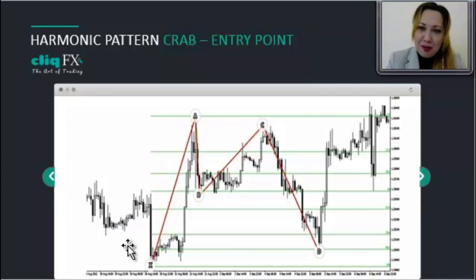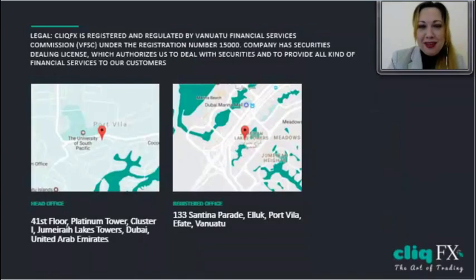Regarding take profits, you need to set up Fibonacci levels from point A to point D and plot your take profit on the level 0.618 upward from point D, of course, as you can see on this slide. And actually that is it. So you can see that the patterns are really harmonic. The only thing is to follow the instructions and to follow all of the levels that were described in this webinar. They're easy to find, they're very visual, so find them on your charts and let them help you